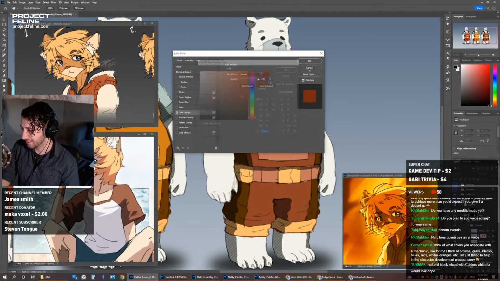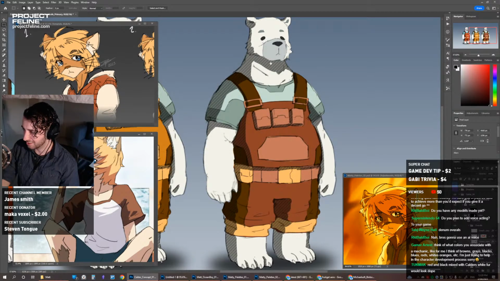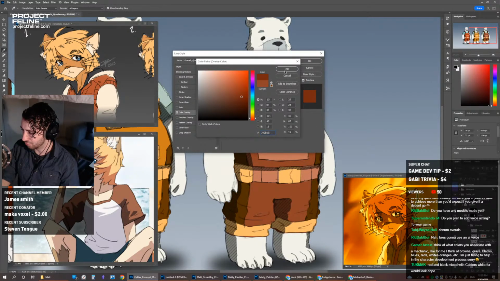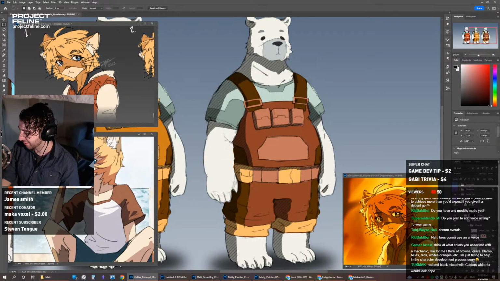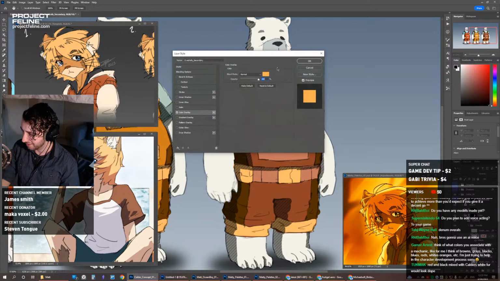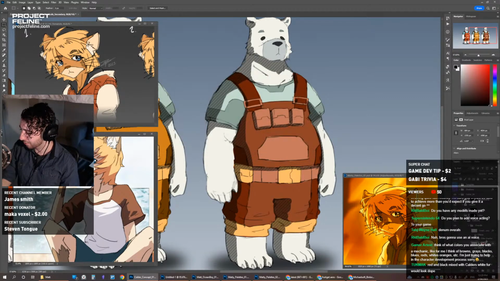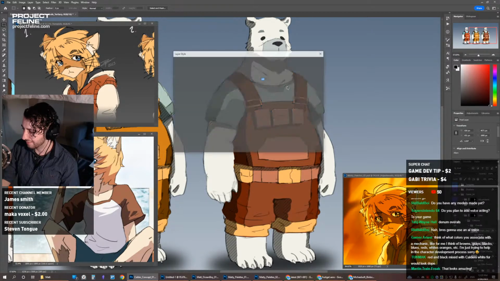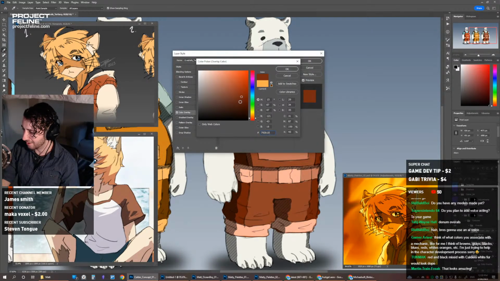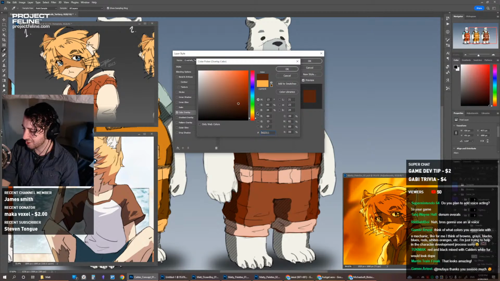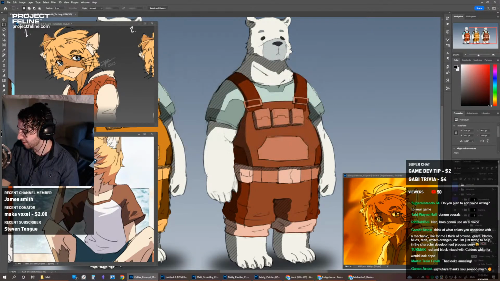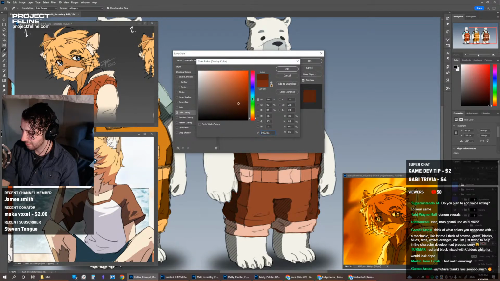Actually, this is kind of looking more red. I don't know, because light brown just kind of looks red, doesn't it? Or just yellow. So I don't know how well that'll work, because if I make it all the same color, it'll look red, even though I'm trying to make it brown. Because brown is essentially just dark red, I guess. So maybe I turn the saturation down. I'll try that. Maybe down a bit more. Yeah, we'll try this color.